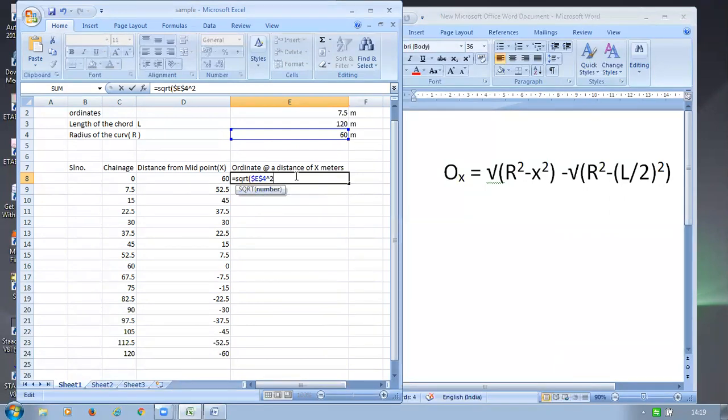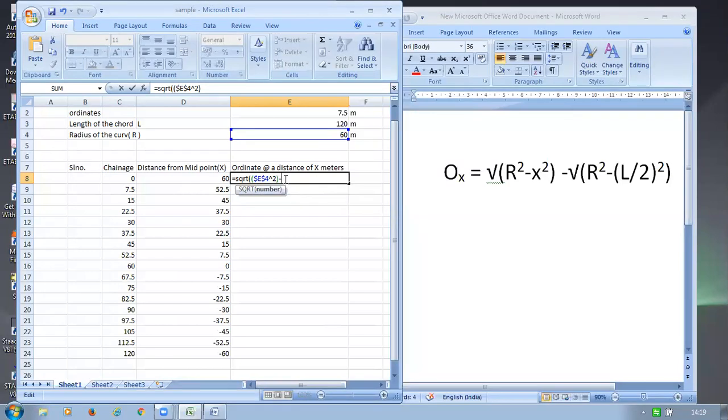R square it is over. Now minus r square minus, see, be careful with the brackets you are going to use. Okay, I'm making separate brackets for r and also x. Okay, see that the closing and opening of brackets should be in the same color. If you start with black, it should end with black. Okay, r square is completed now.